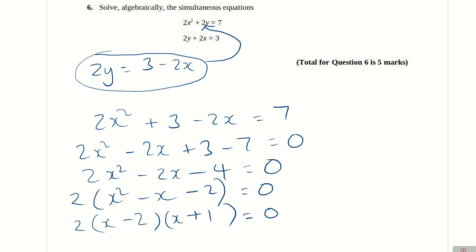What that means is that we've either got x equals 2 or x equals minus 1. So those are two solutions, but we haven't finished yet because we need to find the corresponding y values for each of those. And to do that, we just substitute in. So when x is 2, we're going to have